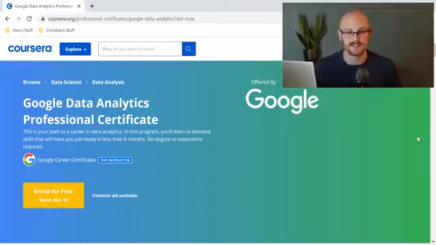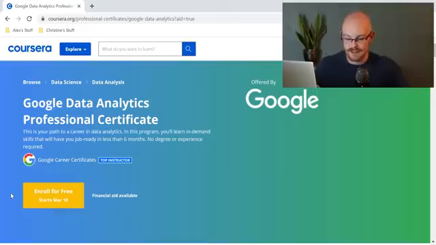actually taking the certificate. As you can see over here, it says enroll for free starts March 10th. That is because today is March 10th. This is the day it actually went live, so I'm recording the day it dropped. But if you are seeing this tomorrow or in the future, it will most likely say that day. So if you were watching this tomorrow, it'll say March 11th. This is self-paced, so you can start it whenever you want. So that's really nice. There's no set schedule, so you don't have to wait 3 weeks or a month to